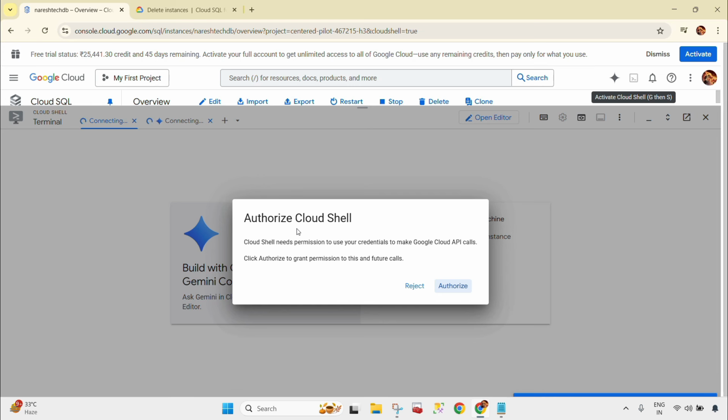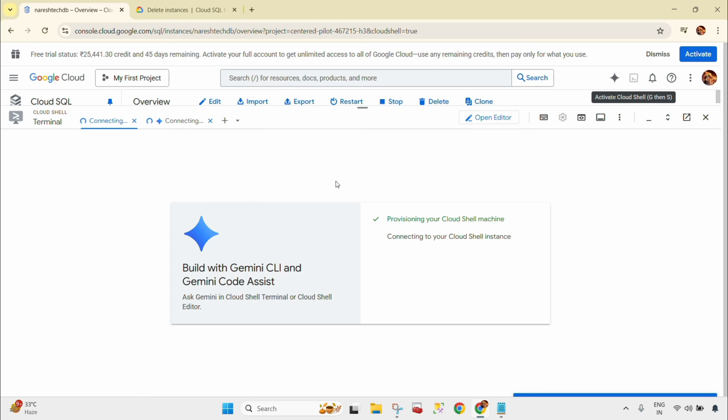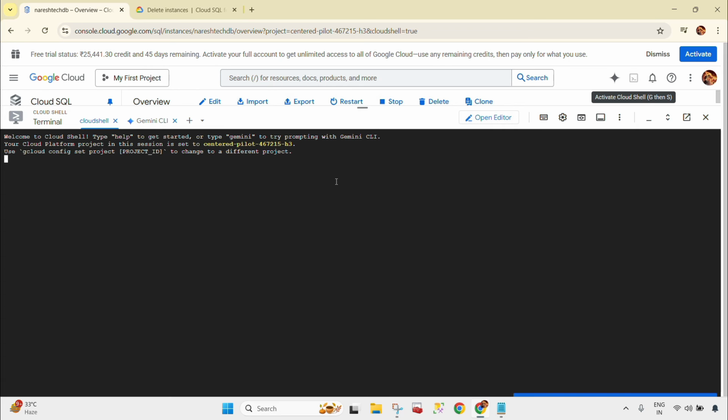This will ask for authorization. We need to authorize that. Authorization is completed and the terminal is opened successfully. Okay, so let's jump into the